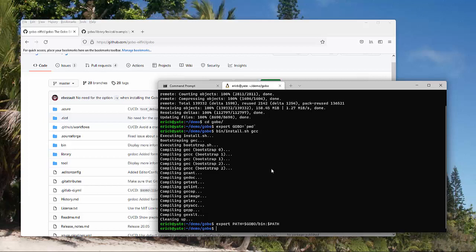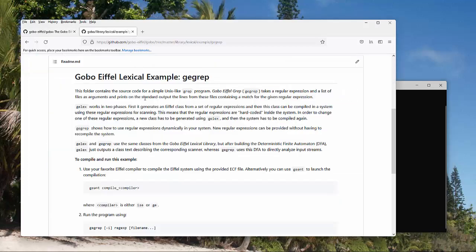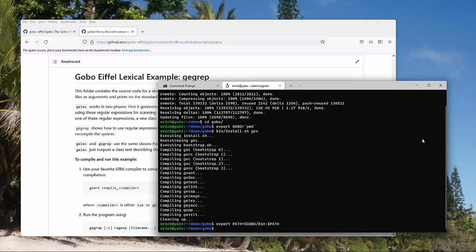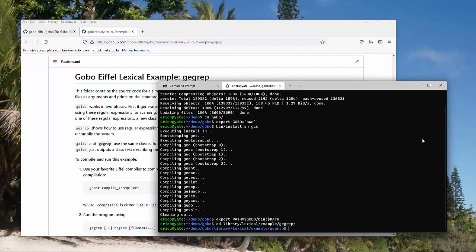So let's compile an example in order to check that everything is working fine. So for this demo, I will use gegrep, which is a small tool similar to the Unix grep that I wrote using the Gobo Eiffel lexical library. So let's go into library lexical example gegrep.